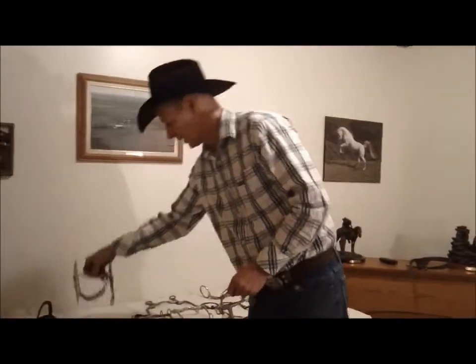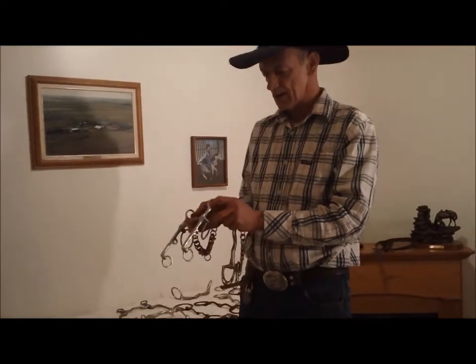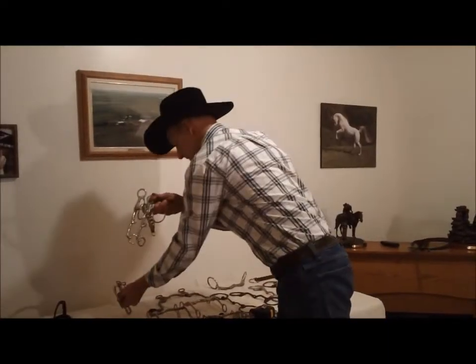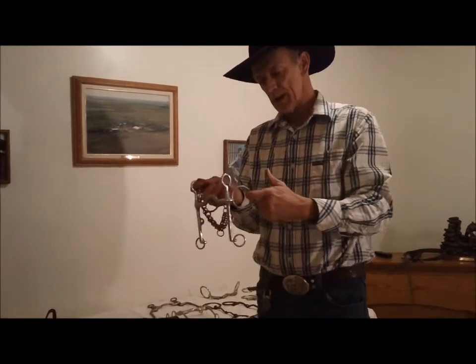This is also a Kimber Wick bit. These are both Kimber Wick bits. Okay, this is another version, and these are driving bits also. Now this one you can have two reins, so you can pull straight back with this bigger